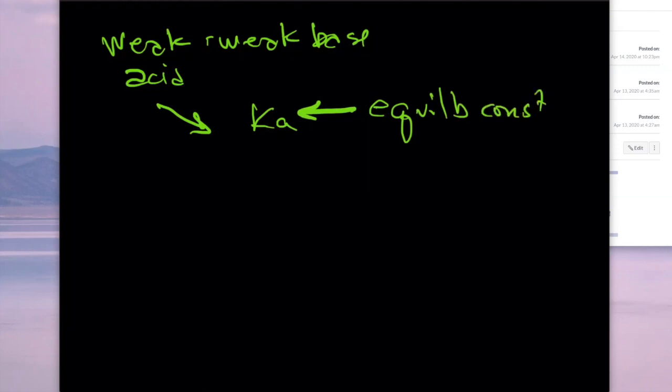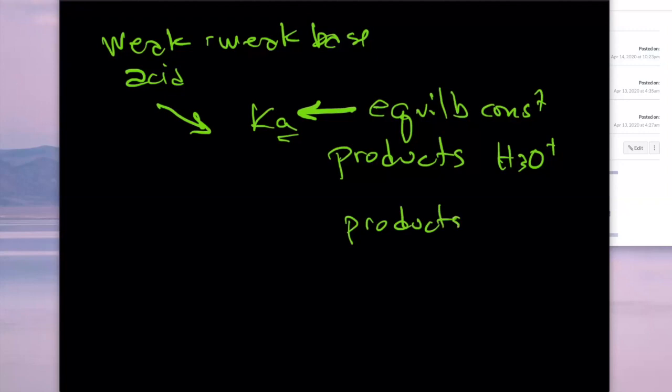Remember that we use A to indicate that it's an acid. So the products are going to be H3O plus. If the products are hydroxide, then you're not dealing with a Ka, you're actually dealing with a Kb. Okay, so make sure you understand that when the reaction in water